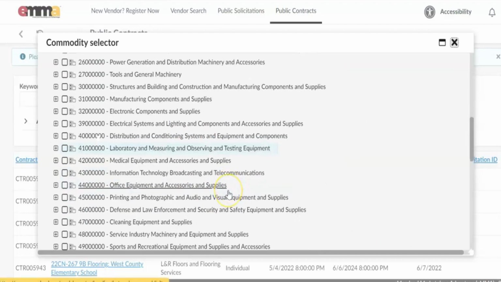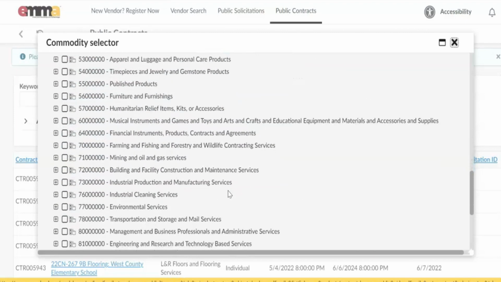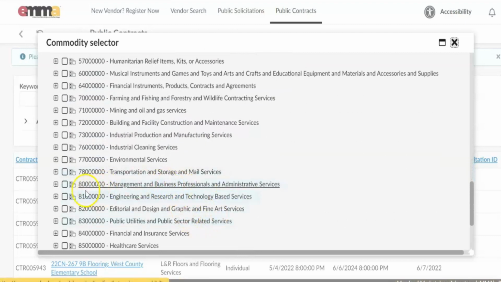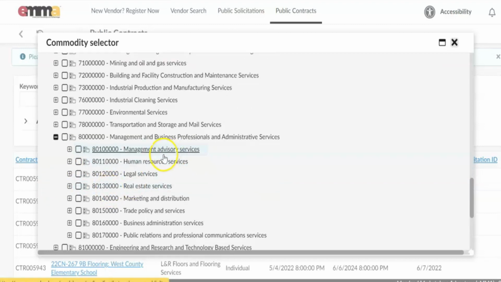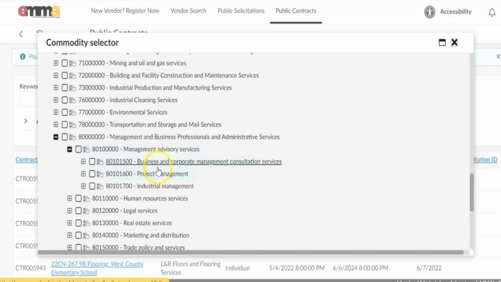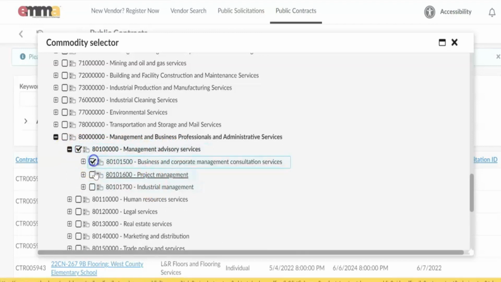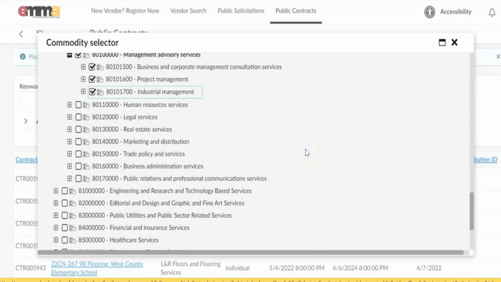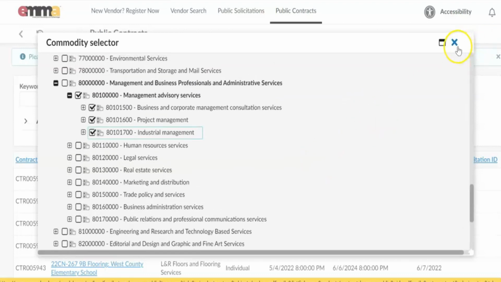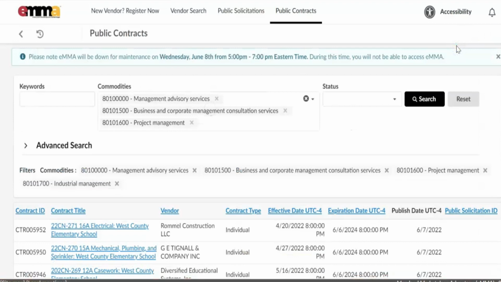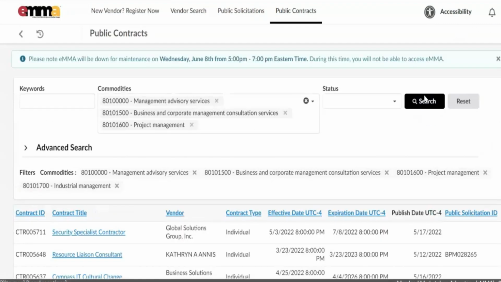So let's go and look at the same code. And you see, you can select the same way that you did before. You can look in here and say we only want to just see management advisory services. And you see they break that down even more. But I want to look at everything. And then, because I don't want the search to be so bad or it just slows down the time, I'm only going to do a few at a time. So that way I can go in here and see what it looks like, and then just hit search,